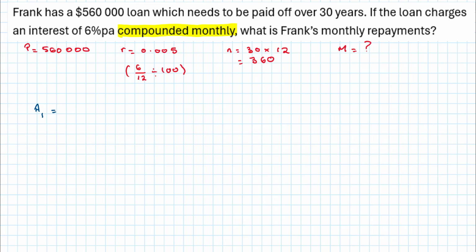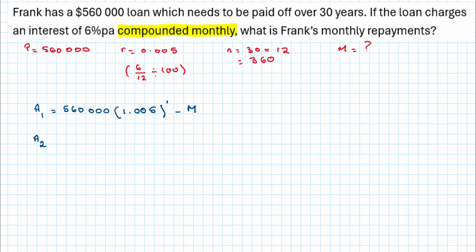So A1 is how much our loan is at the end of the first month. So our borrowing accumulates interest for 1 month. So we use our compound interest formula: 1 plus R to the power of 1 because it's 1 month. So at the end of the month, we owe the bank this much, and then we make our first repayment. So the total amount after interest and repayment is given by this. Then